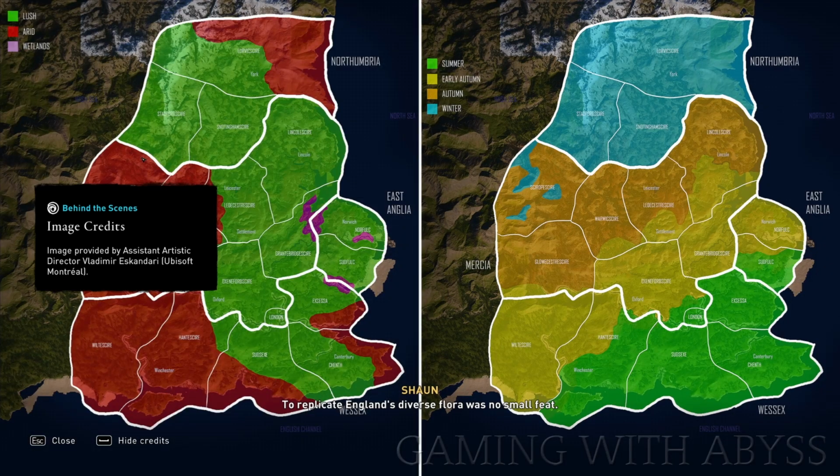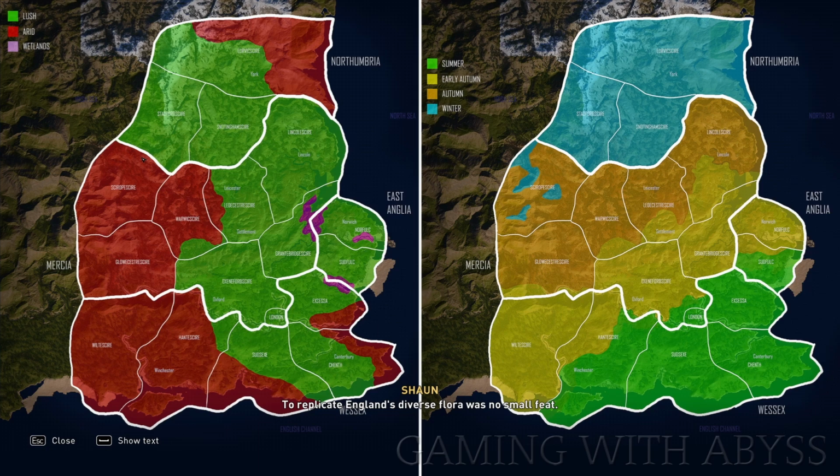To replicate England's diverse flora was no small feat. The developers wanted it to be accurate and help players navigate the map. First, the world design team created a season map. England was divided into 4 areas, each allocated a season. Each season had its own variety of vegetation, from grass to trees, and its own humidity layer, which helped determine